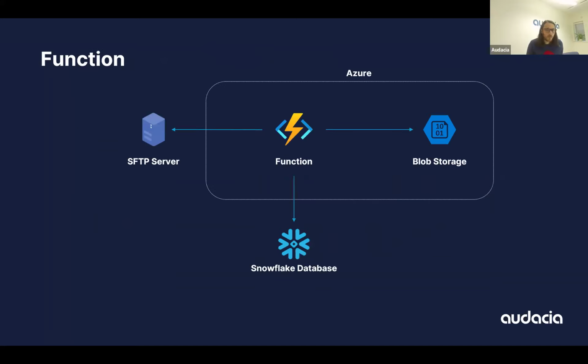So the first one that we're going to go over is actually the first project that I worked on. This is to do with a function grabbing a file from an SFTP server, going through that file, doing some work on each entry, and then putting it into a database in Snowflake. What I quickly realized is that it wasn't very scalable, in the sense that it is vertical scaling as opposed to horizontal scaling, because the way this function worked, it was only ever going to be one function, and it was a continuously running function as well, which is a bit of a strange concept for